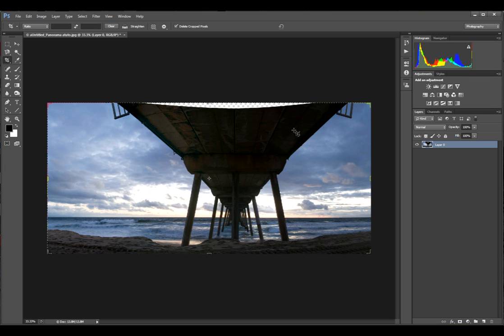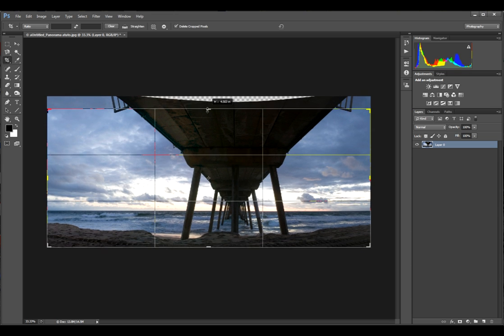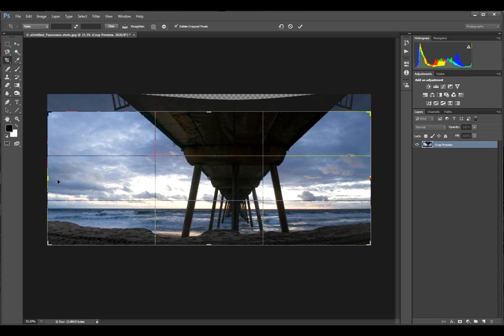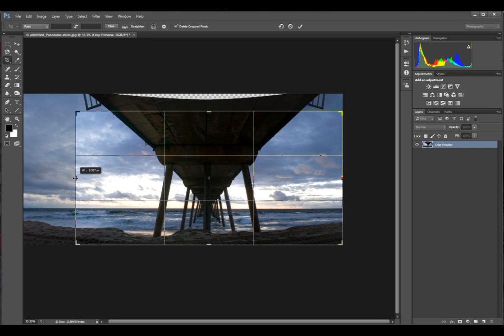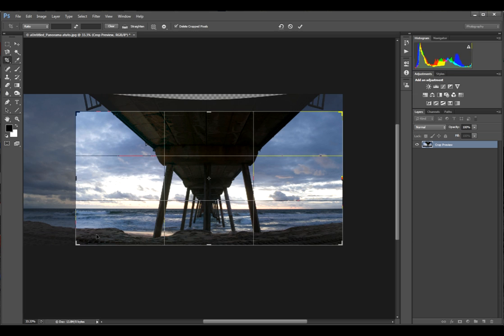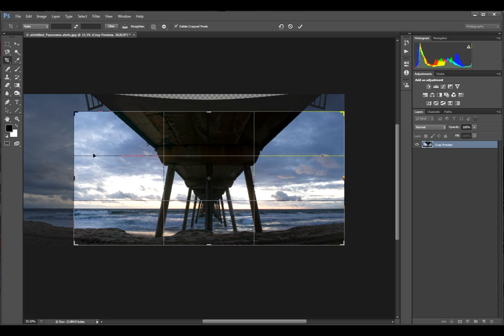I'm still going to crop this down just because I didn't center this image quite right, and we have some clear pixels. So let's get below those little guardrails there, and then just move our crop over so we have a nice symmetrical image. You like to use the rule of thirds grid to kind of make sure that your placements are over symmetrical points. I'm just going to move out just a little bit. It's good to have equal distance here to here, here to here,